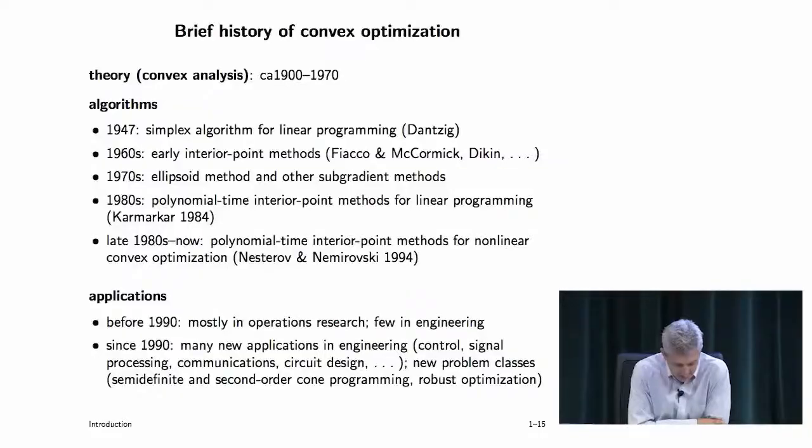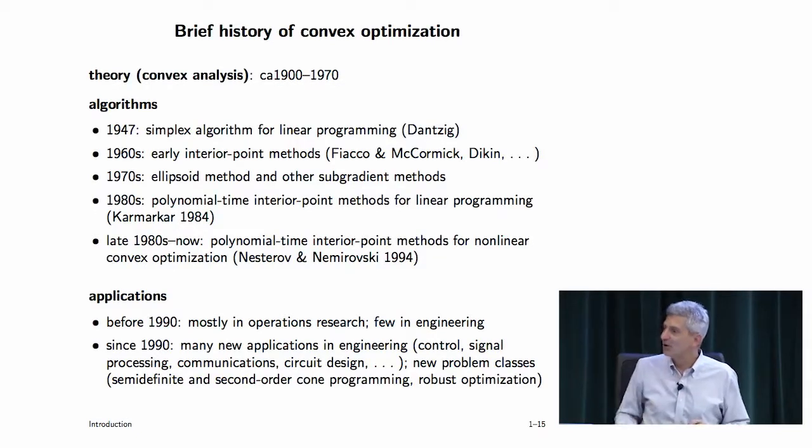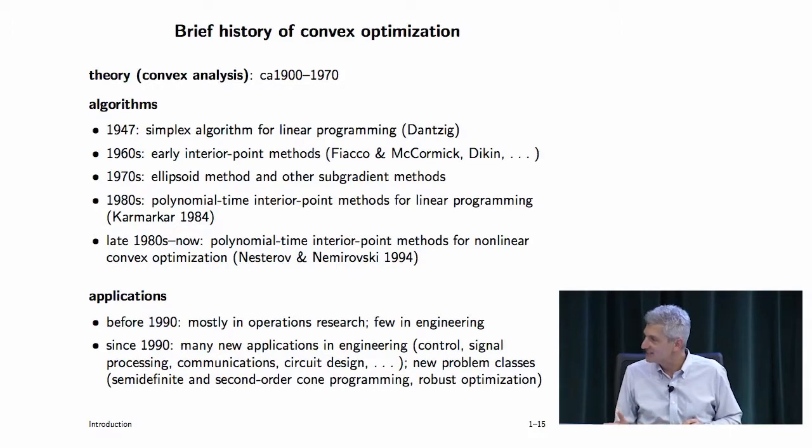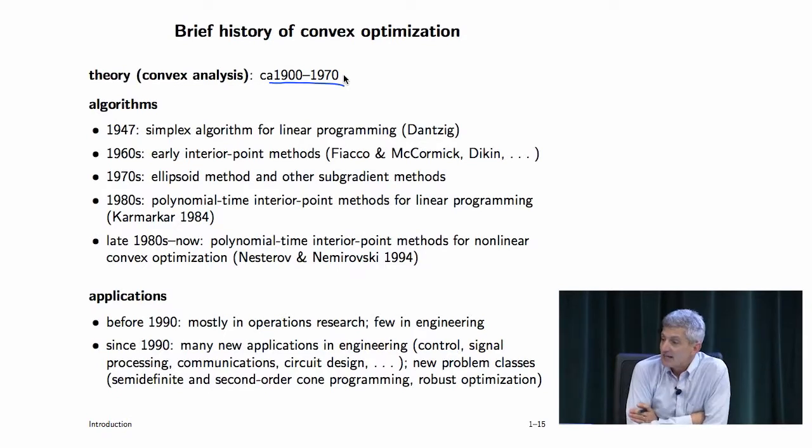So let me finish up with just a brief history of convex optimization. Bits and pieces, of course, trace much earlier than this in mathematics, right? Linear programming is 200 years old easily. Least squares is 200 years old, maybe older. But the theory of it was pretty well developed by about 1950, and by 1970 it was really quite well developed. I guess in math it's called convex analysis. That's the mathematics of convexity, the mathematics of convex optimization. That was basically done in 1970, roughly.